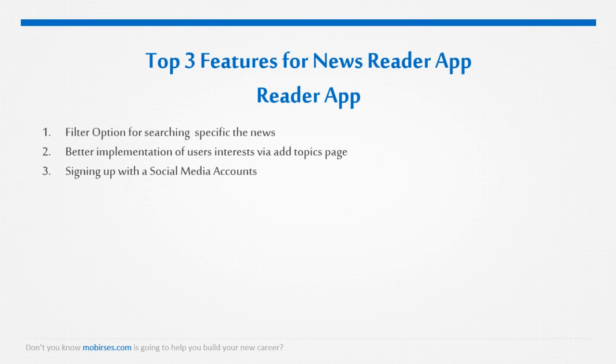So what could be the top 3 features for Newsreader app? So first of all, it could be a filter option for searching specific news. What I mean is, when the user is logging into the app, he chooses all the topics he wants to see in his news screen, and in that concrete and specific news screen, he wants to filter the